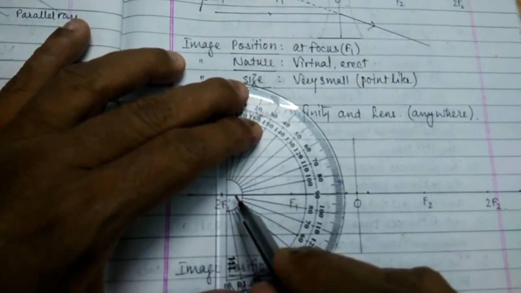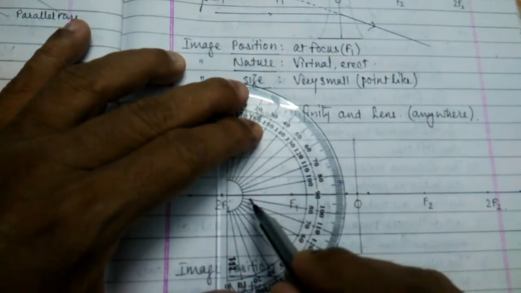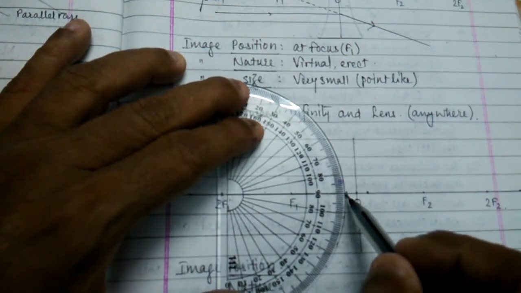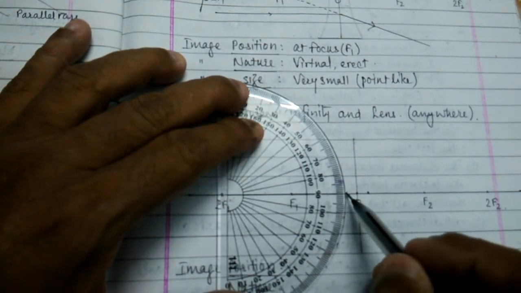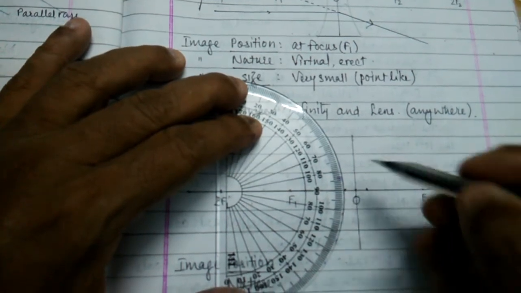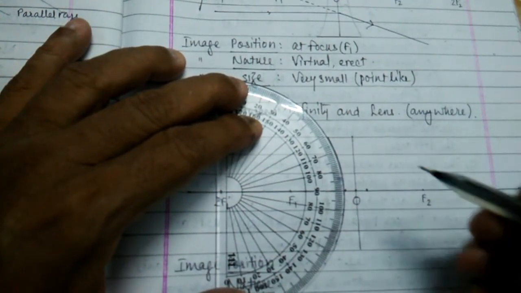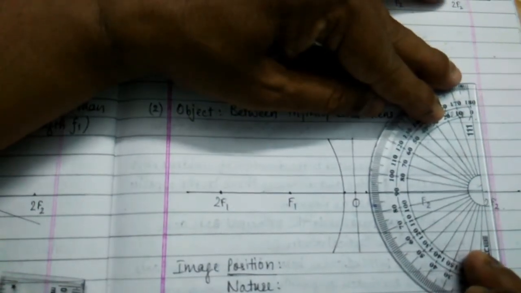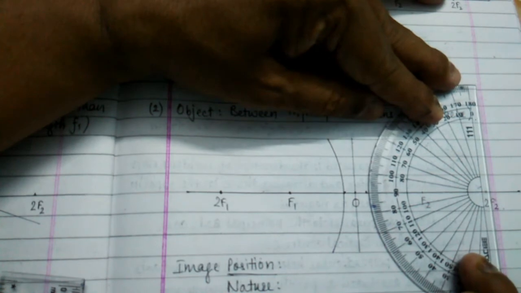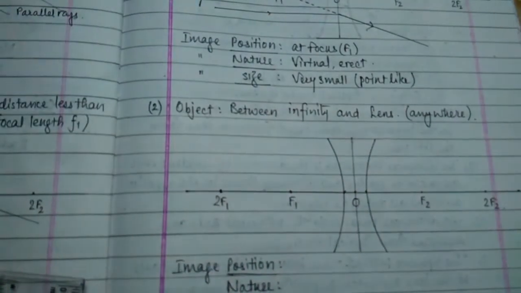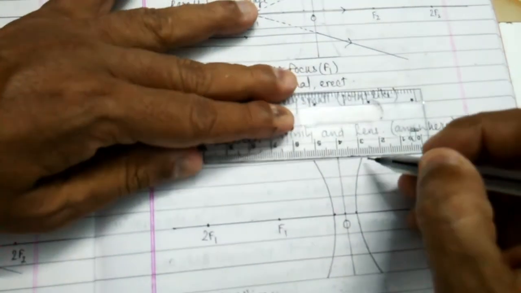To set the 90th line of the protector on the principal axis, and the edge of 90 set at the point half centimeter away from the O, and draw 3 lines up and 3 lines down, an arc. The same procedure is repeated on the other side. So you got the